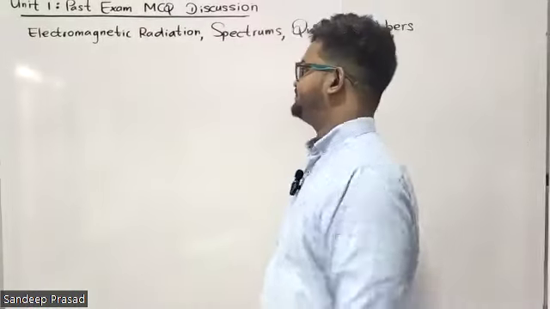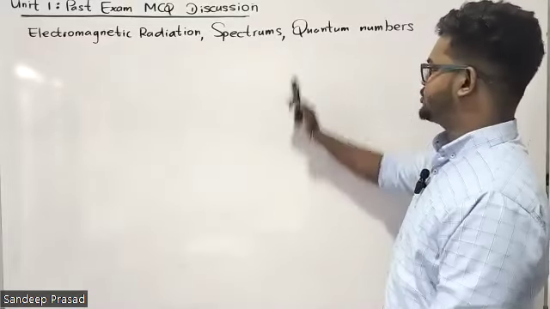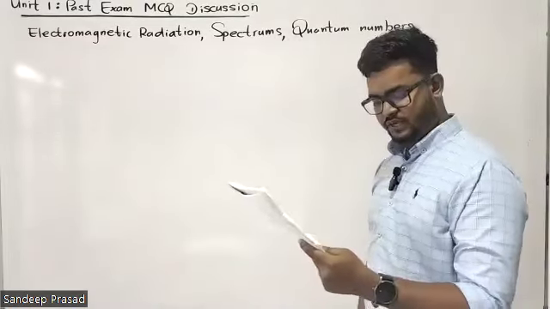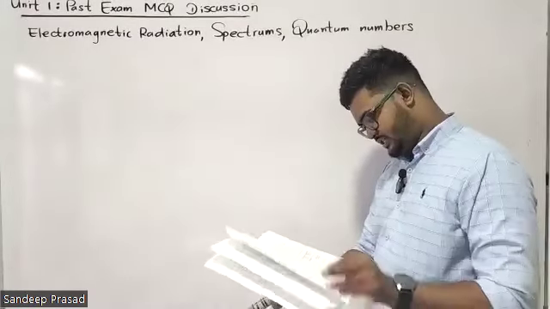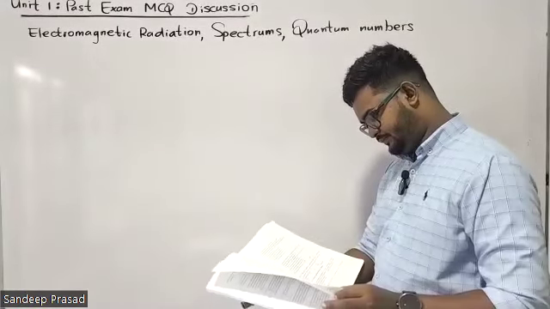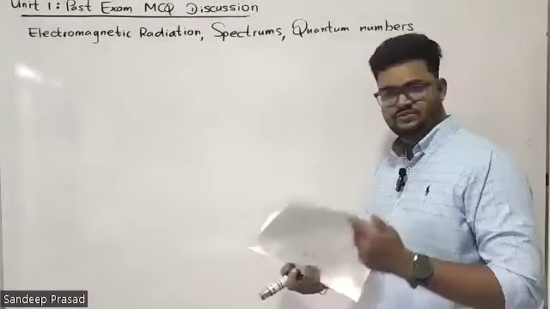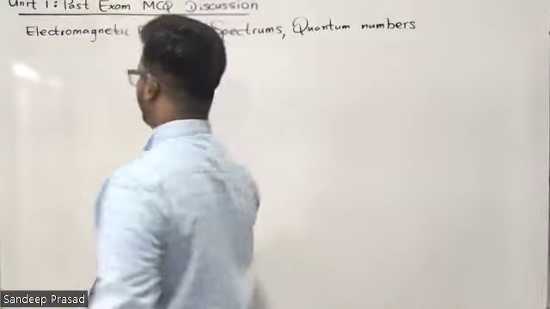So students, our next topic is actually electromagnetic radiation spectrum and quantum numbers. I summarized that topic. So let's see what are the questions they have given in this topic. Let's quickly finish. Let's see how many questions are given in this topic. So they have given 48 questions from this one. Let's finish this one also. Right. Number one,